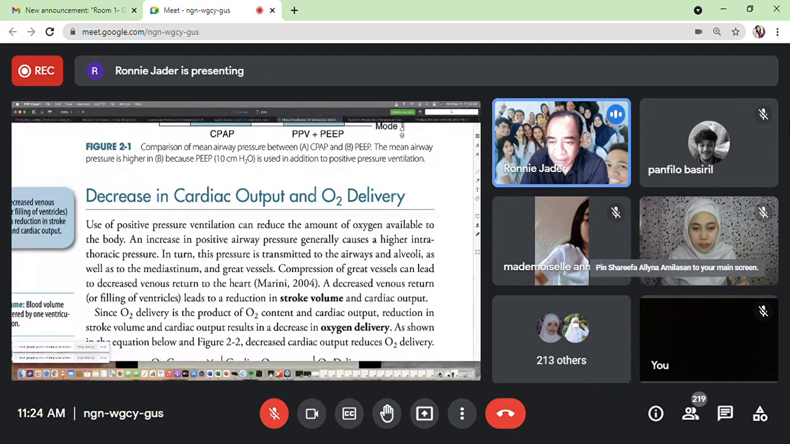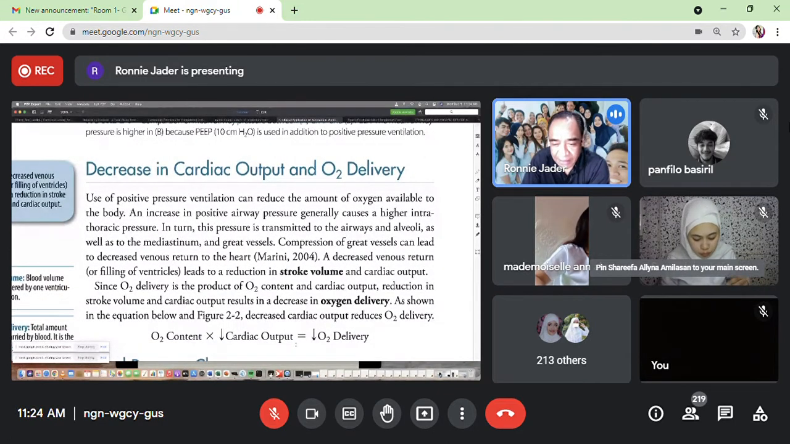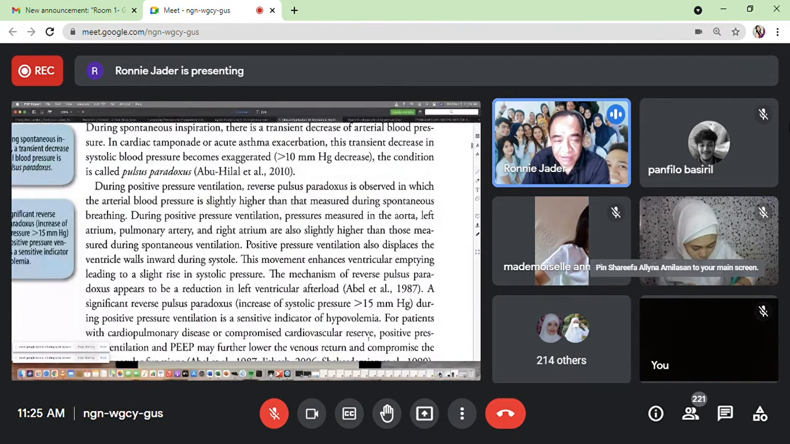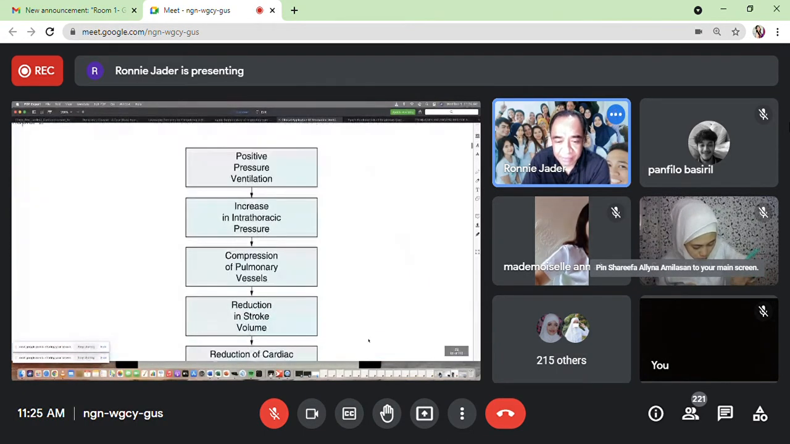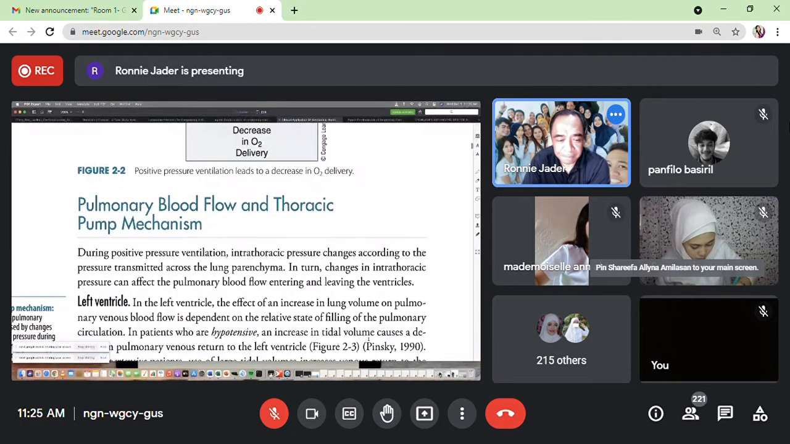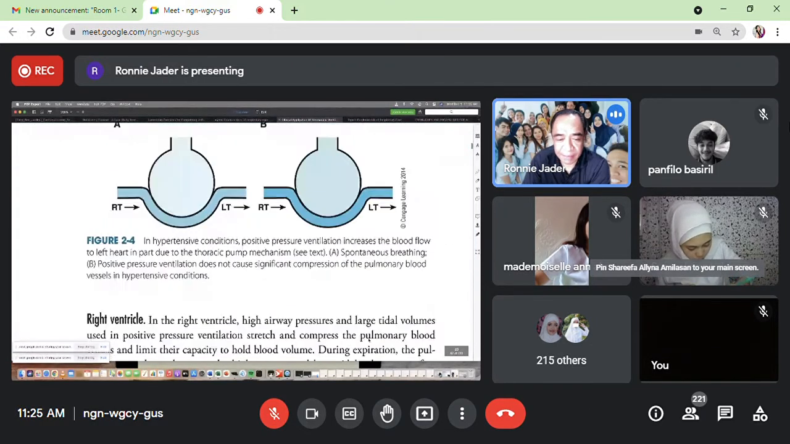So, ang effect ng mechanical ventilator plus PEEP, of course, pinakita natin kanina, decrease cardiac output. So, kung decrease yung cardiac output, decrease yung oxygen delivery. Ganon din sa blood pressure, no? Kapag decrease ang cardiac output natin, decrease din ang blood pressure. Ano pa? So, lahat naman yan decrease, no? Yung effect ng ating